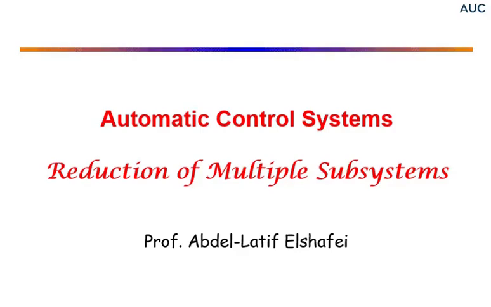Okay, this is actually the first lecture in chapter 5 of the book by Norman Nise, and the title of that chapter is Reduction of Multiple Subsystems, as you can see. And let me give a motivation for this chapter. Suppose that we have, as an example,